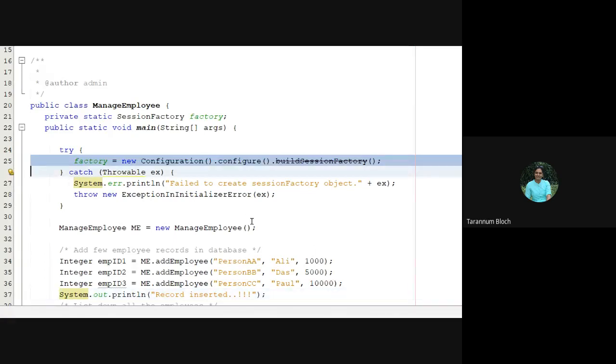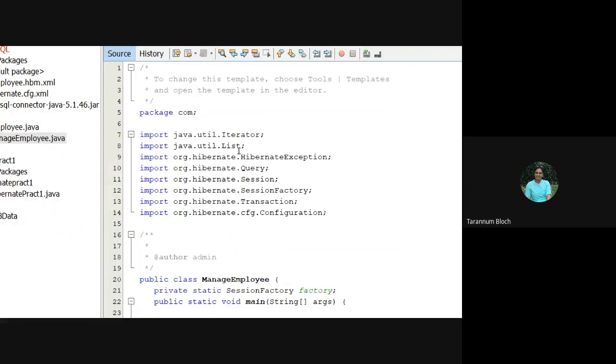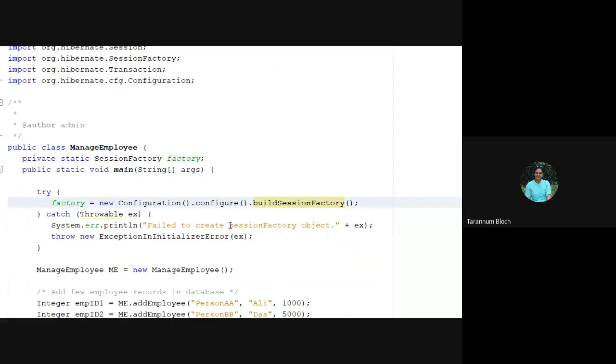Build a session factory. Did you see one line, it's black color, no strikeout? What does that strikeout mean? The strikeout means that this method is deprecated. Deprecated means this was available in the older version. This is Hibernate, in the 6th semester advanced Java, so don't worry if you're not understanding. You just have to focus on the strikeout here.